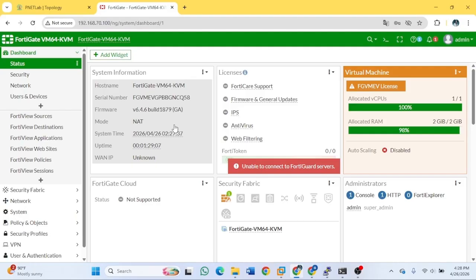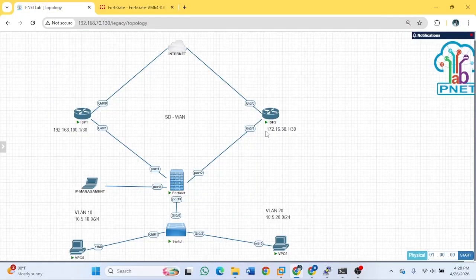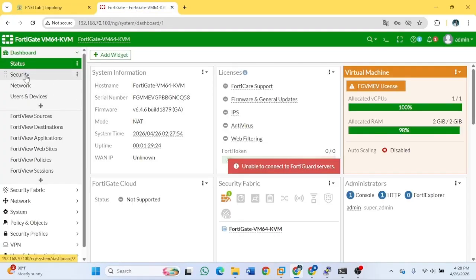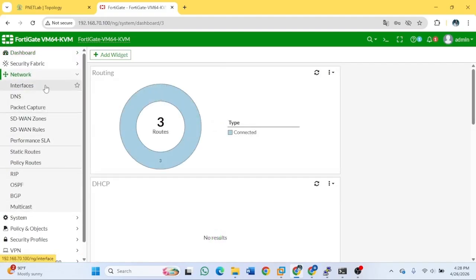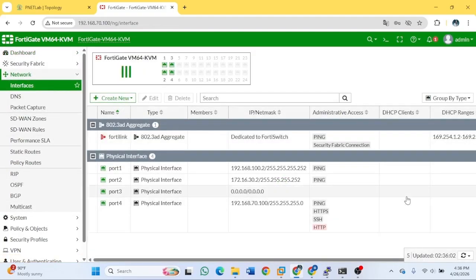After that we're going to make this PC get an IP from the internet. Here you have to go to Network and Interface. In interface, click New Interface.